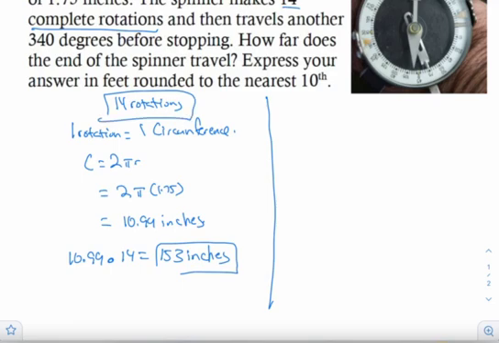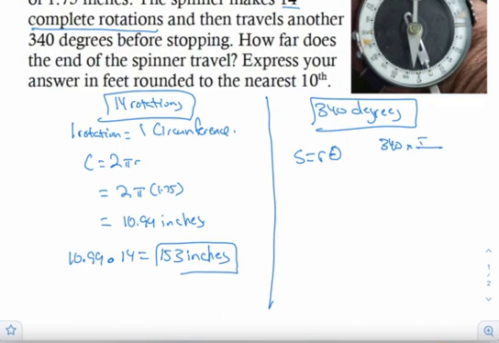And the next thing we're going to do is that additional 340 degrees. So with this, we'll use our formula. Arc length is the radius times the angle in radians. Now, we need to convert 340 to radians, so I'm going to multiply by pi over 180. Now, I'm going to reduce the fraction here to 34 pi over 18, and I could actually go ahead and reduce it further because there's a 2 in common,